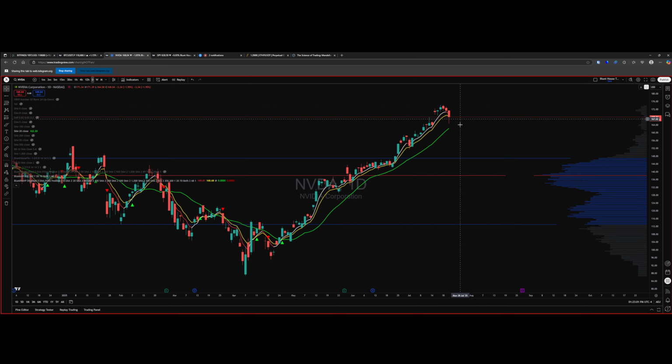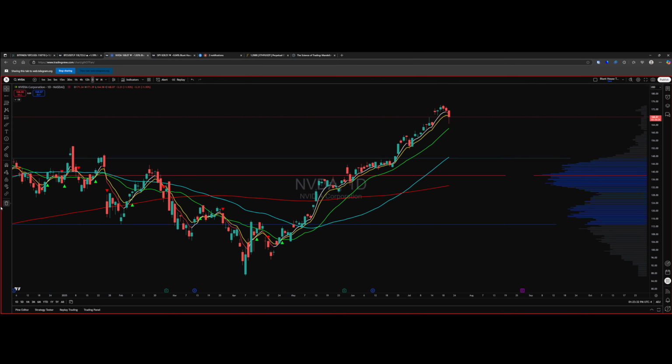So if this continues, we would expect that perhaps they tag the 20. But if it was to break down, where may it go? Looking for the 50. Keep in mind, all of this is a premium. There's your 50 right at the upper value range. These are just logical places for price to go in the event of a pullback. It's simply price breaking one level and finding the next.